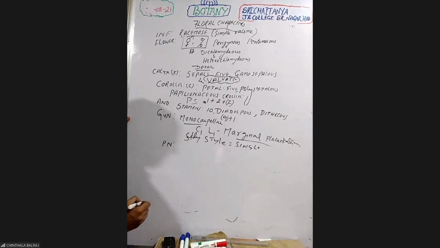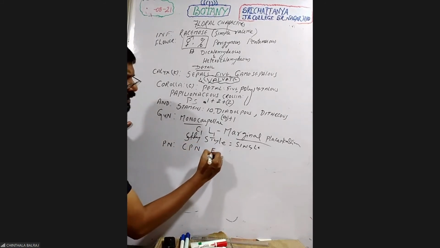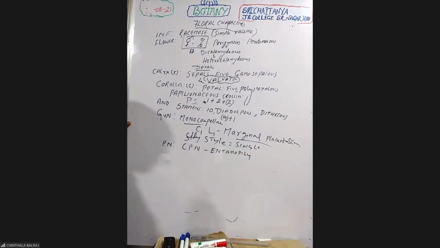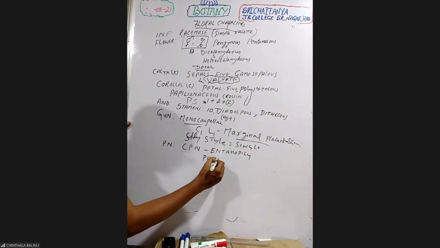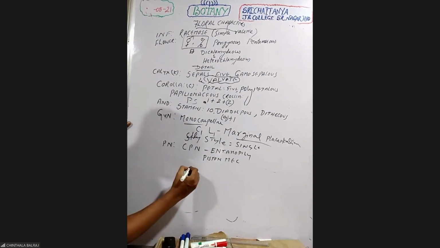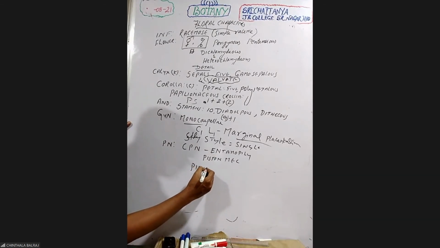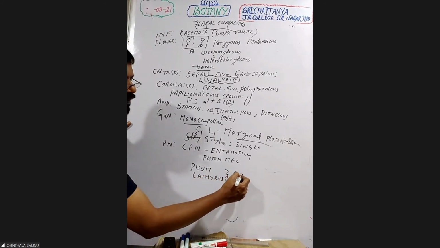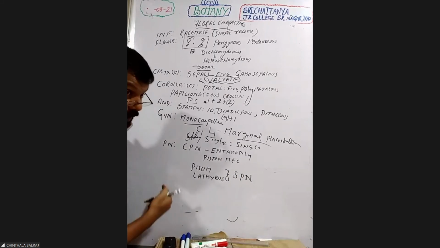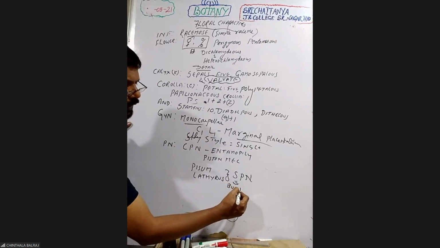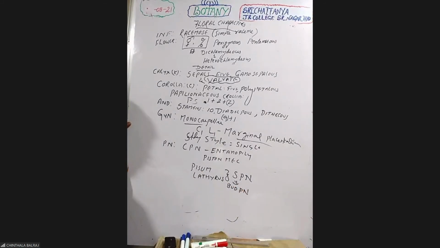Pollination. Cross pollination takes place by insects. The name: entomophilous. They exhibit one special mechanism called the piston mechanism. But the piston mechanism is absent in Pisum and Lathyrus. Do you know why? They show self-pollination, and the self-pollination occurs during bud condition. Flowers are in bud condition. That's why it is also known as bud pollination. Okay?